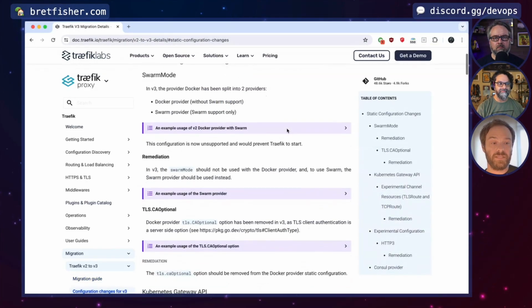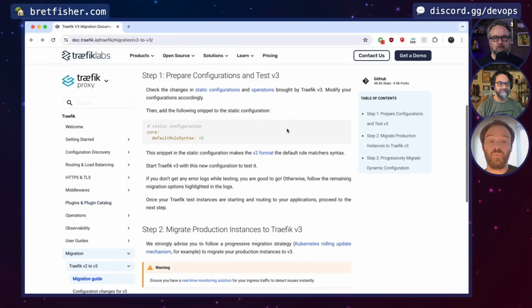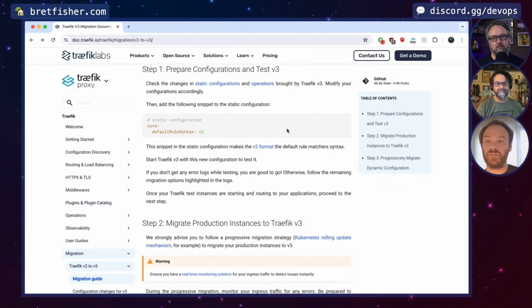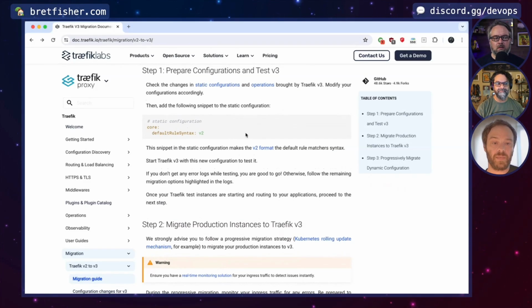So the list is here. Honestly, they are pretty minor. And for most people, it should stay the same. And for some people, you should maybe change 1 or 2 things, 1 or 2 lines. So that's not a big thing. And then the most important part is how to deal with the change we made in the dynamic configuration, because